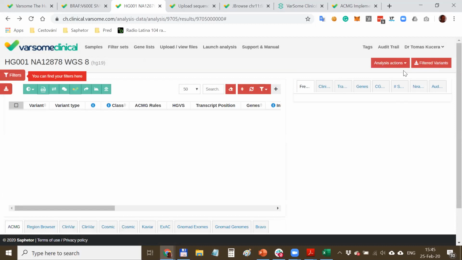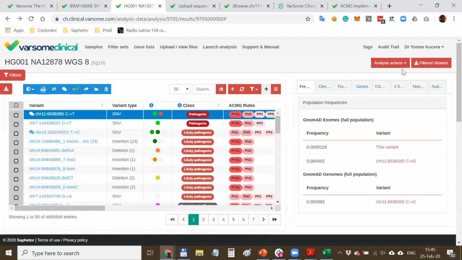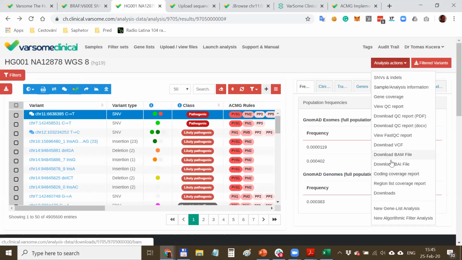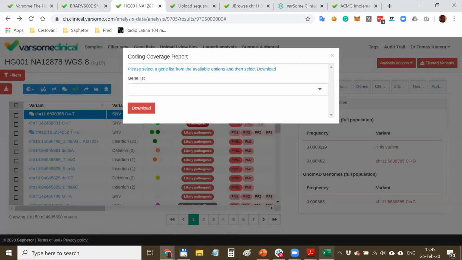However, there is a number of other reports. So for example, you can also download the BAM file, index BAM file. You can download the VCF file with full annotations, or you can also access here the coding coverage report. So the coding coverage report, it's a very comprehensive report